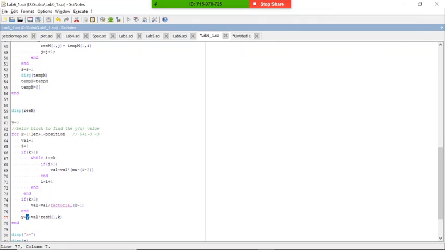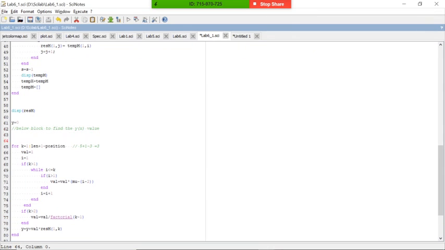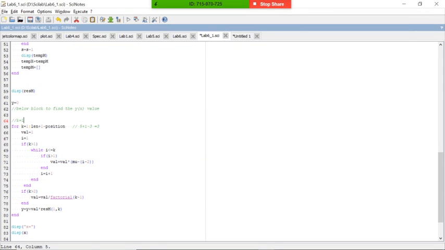The y value we have initialized to 0, so the y value will come, and the i value is 1 only, we have assigned it 1. And the resultant matrix's first element will take the k value, which is now equal to 1. So the resultant matrix's first value it will take, and it will go. Now the k value is 2, it will come here, and it will reinitialize the value with 1, i with 1.